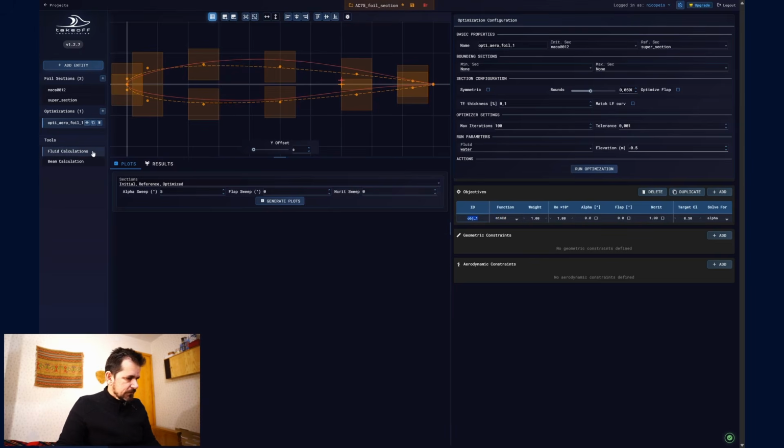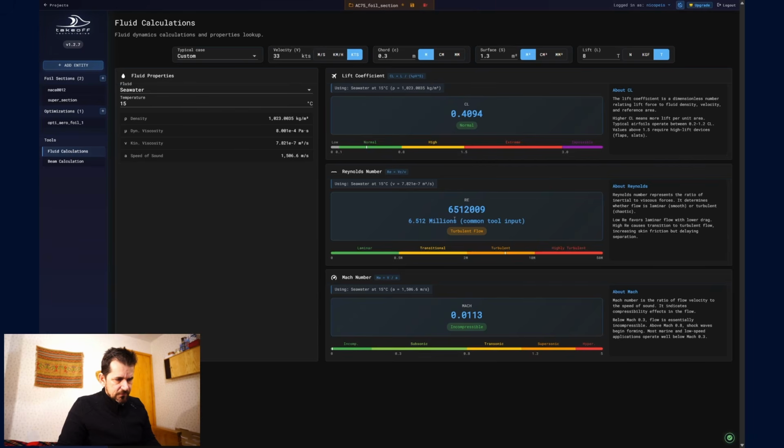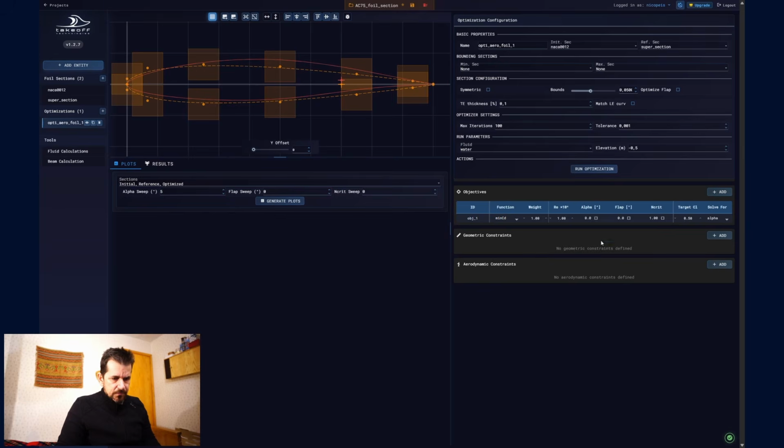The Reynolds number. So here we're going to come back to our fluid calculation. We said it's 6.5 million. So we're going to put it exactly like that, because it's in millions. Then the alpha, we said we're going to let it 0. The flap, I'm just going to explain it to you. We're going to let it 0. And the encrypt,